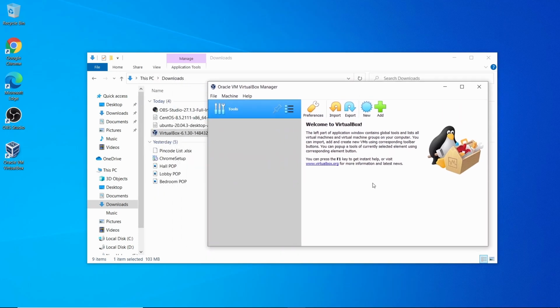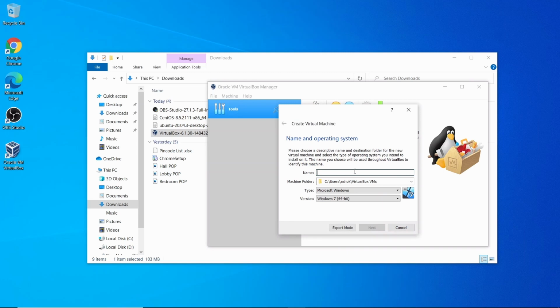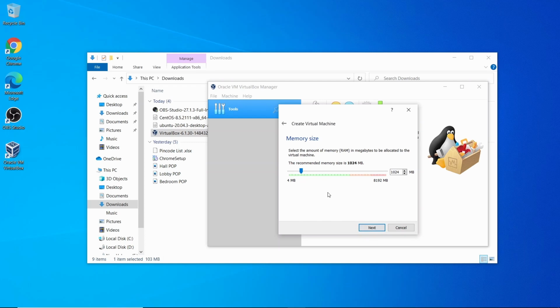Now what we will do is we will try to configure Ubuntu 24.3 LTS version. So how to add a particular virtual machine? At the first, what you'll have to do is click on this new, and here you'll have to give the name. You can give Ubuntu 20.04.3 LTS virtual machine, like I am giving here. If you want, you can give any kind of name, but I am giving it here like this because it should make sense. Once you type the name like Ubuntu or something, it will give the type as Linux and Ubuntu 64-bit. So click next here.